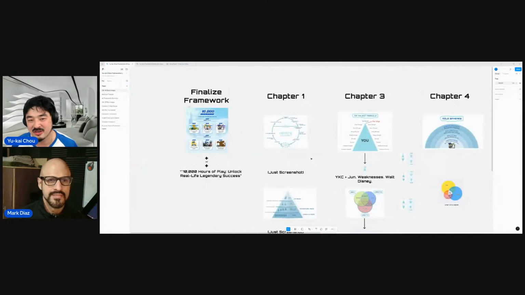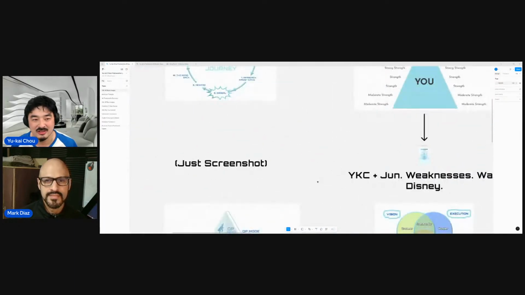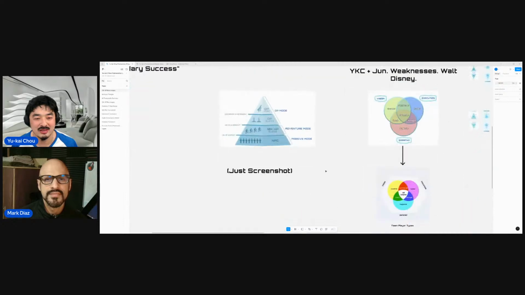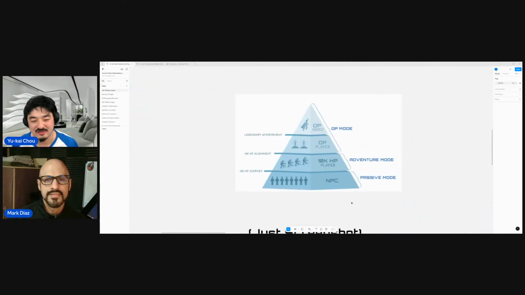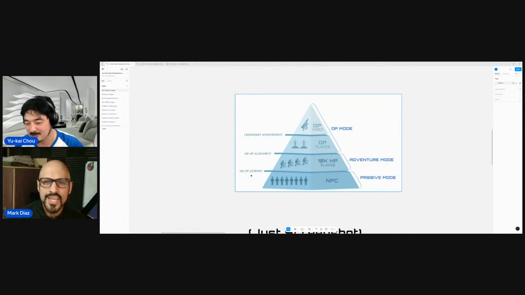But just from some mini frameworks, we talked about the hero's journey. I think many of you know that, and we talked about in life, most people are just kind of living their life in passive mode. We call it NPCs. But once you start your 10K HP journey,